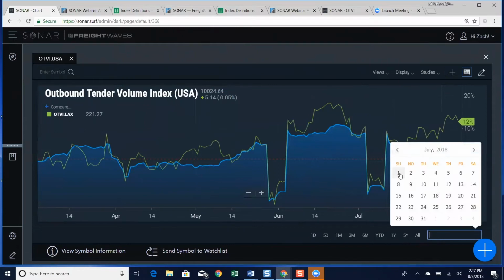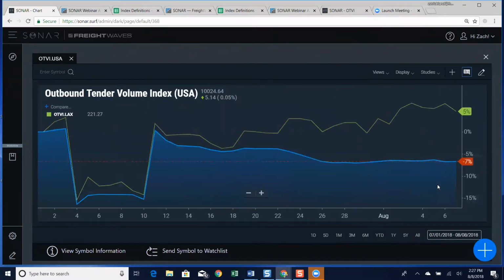What I mean by that is, say I wanted to compare these two indexes versus July 1st. So my start date, I click on that first by clicking July 1st. I come over here and hit August 8th, which is today. And now my scale is set from July 1st to August 8th. And I can see since July 1st,